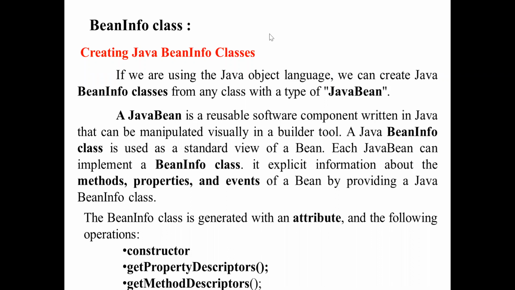There are 3 types of attributes in the Bean info classes: one is the constructor, second is get property descriptors, and the third is get method descriptors. So constructor, get property, and get method are the 3 generated attributes in the Bean info classes.